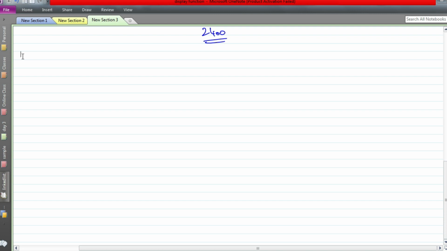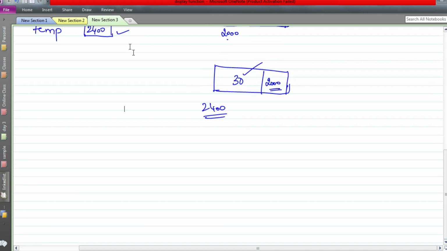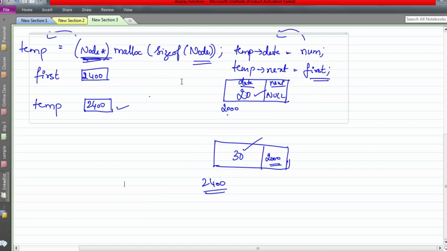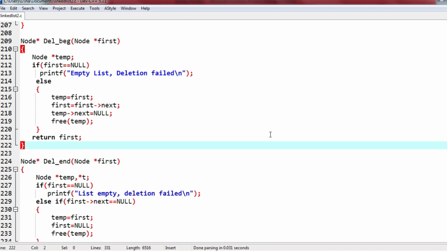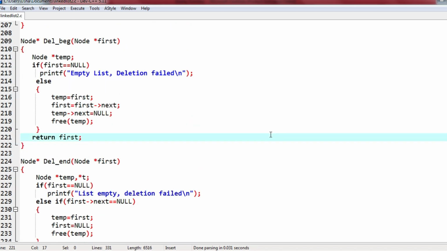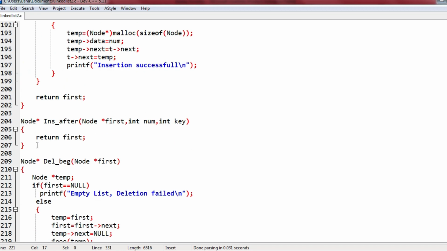Will Towers of Hanoi come under applications of stacks? Yes. Towers of Hanoi is an example of an application of stacks. Do we write stubs to check whether there are any errors or conflicting type parameters in the function definition? No. That is not the purpose of creating a stub. Using a stub, you are not going to identify conflicting parameters in the function prototype, because that is a mistake done by you. Stubs are not used to detect conflicting parameters. If conflicting parameters are given, we don't need stubs. While compiling, we will know. That is not the purpose.